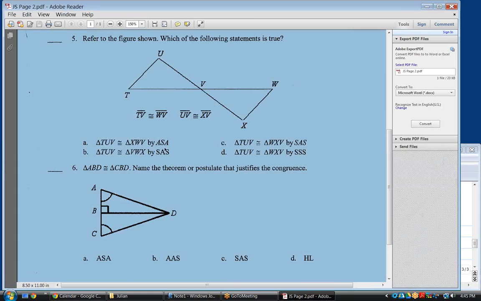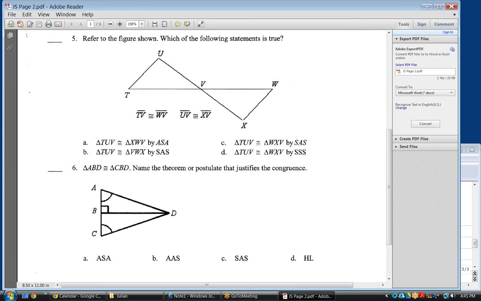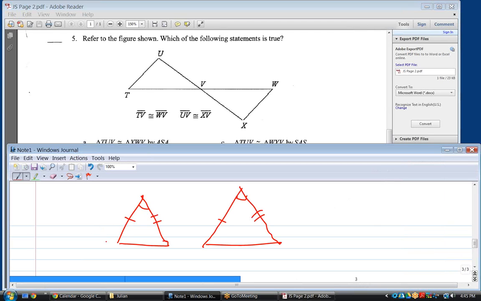Well, in their answers, notice that the only difference between C and B is B says TUV is congruent to VWX, and this says TUV is congruent to WXV. Okay. In other words, I think C is the right one. Well, let's,